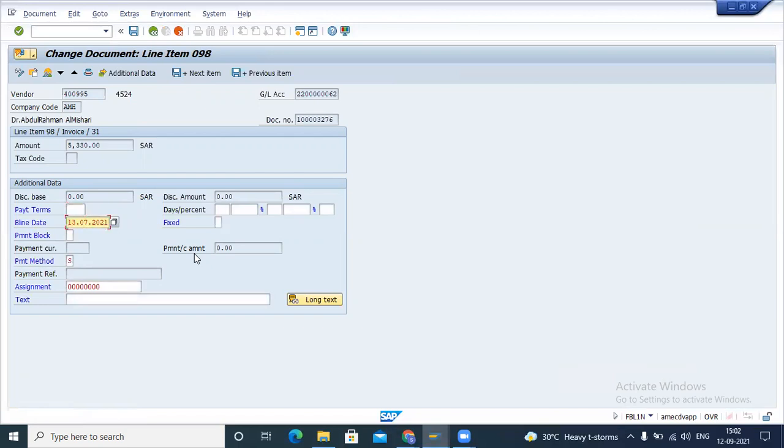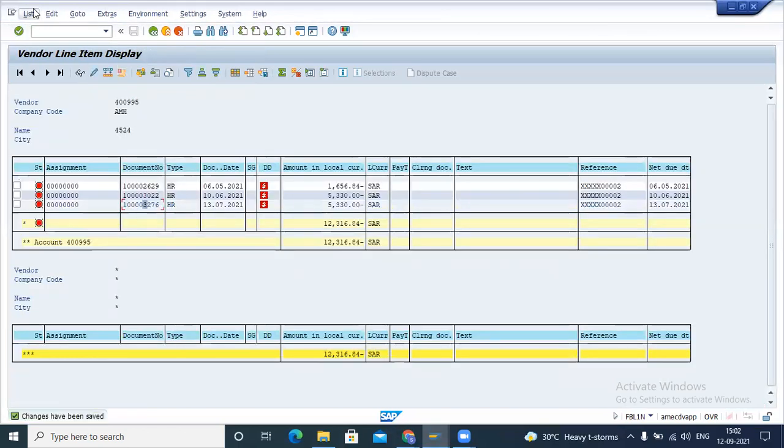I'm just changing the baseline date to 01/10/2021. So as you can see, this invoice is currently not due. You can see this is not due currently.